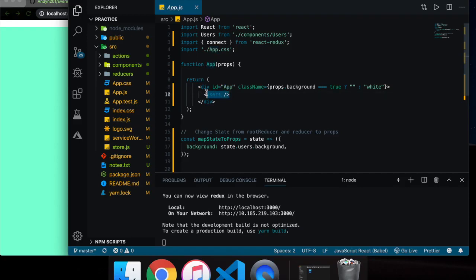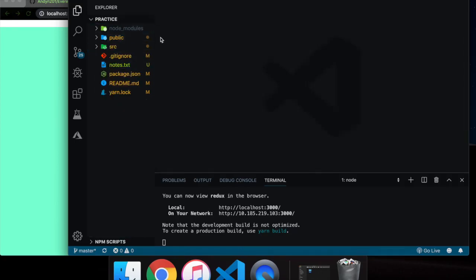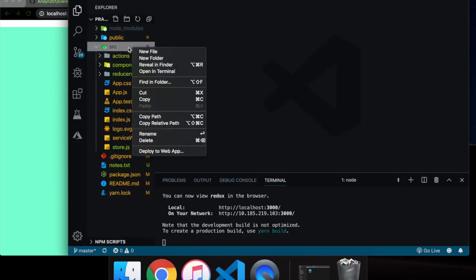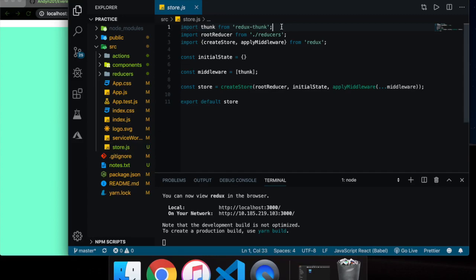So right now users is inside of app, and normally in React users couldn't do anything to app because users is inside app for some reason. However, Redux allows it so any component can access the state. Okay, so let's start off by creating the store, and I created a file in here called store.js, and we